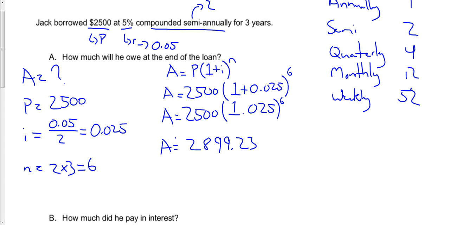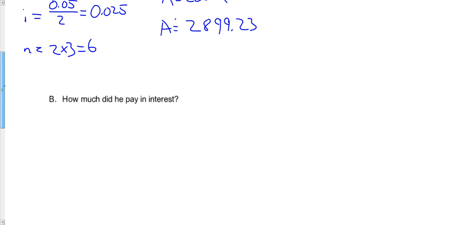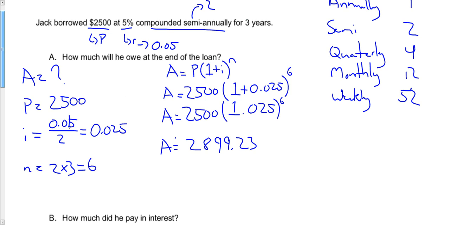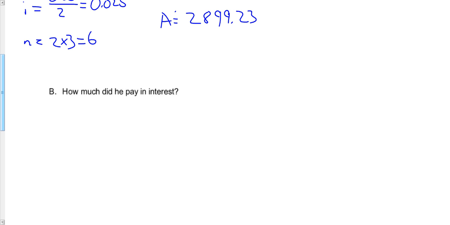The next question says, how much did he pay in interest? Again, interest is always the cost of borrowing. How much money do you have to pay to actually borrow the money? So in this instance, the amount of interest that he has to pay is going to be, I is going to equal his final value, his A value, minus his present value. We know from above right here that the A value